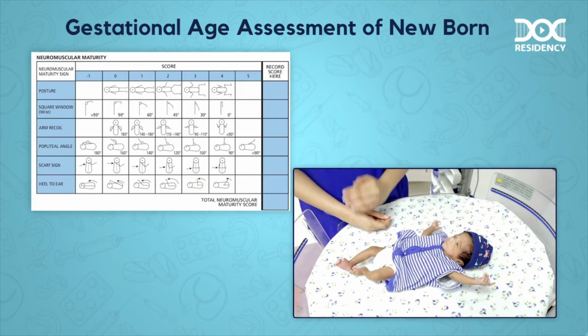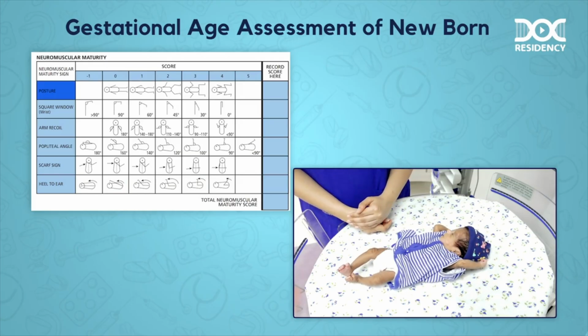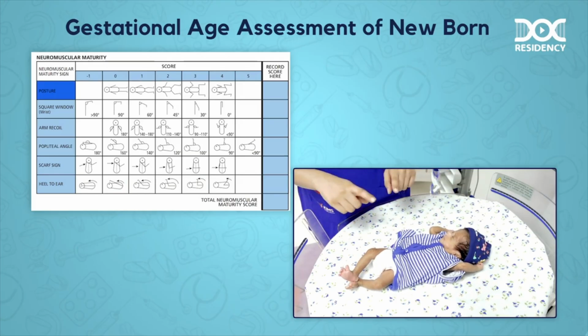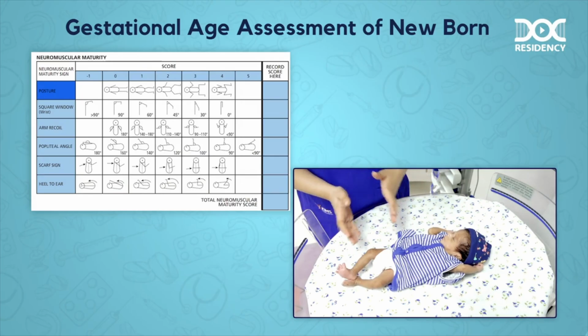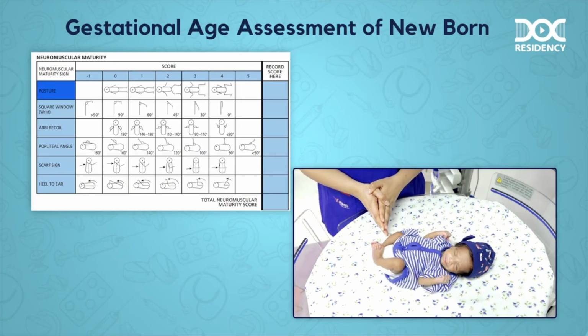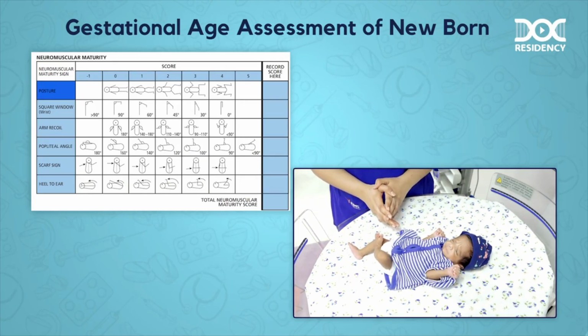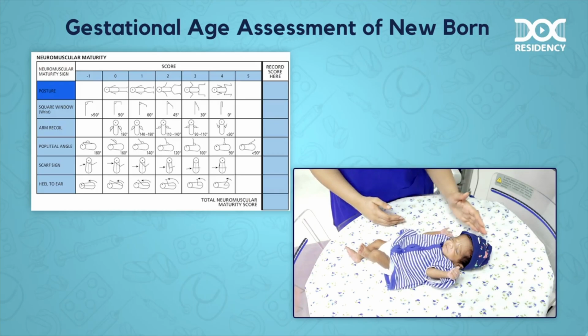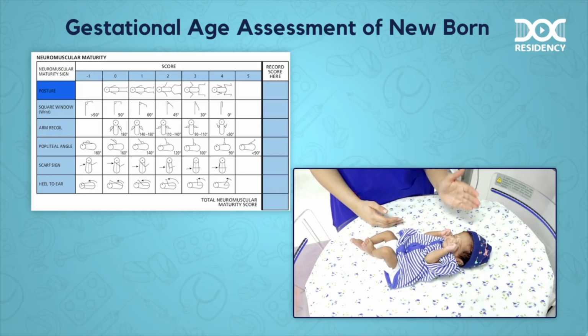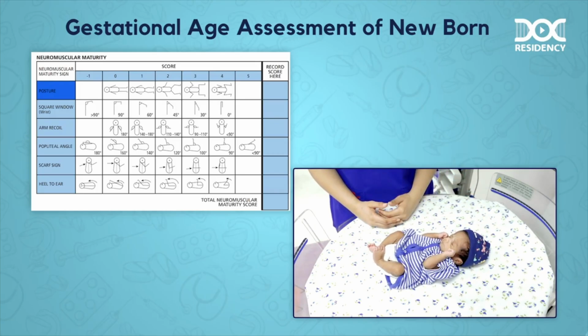Now look at this baby's posture. Posture is always commented after we remove a boundary or nest which is around the baby, because this can lead to unnecessary flexion of the limbs and can lead to over assessment of tone, and also ensure that the baby's head is in midline in order to avoid asymmetric tonic neck reflex or ATNR.